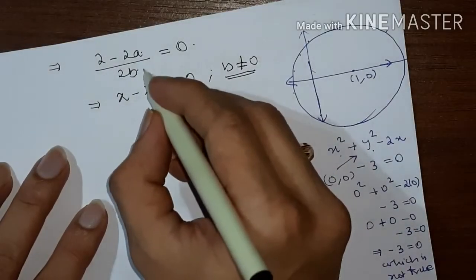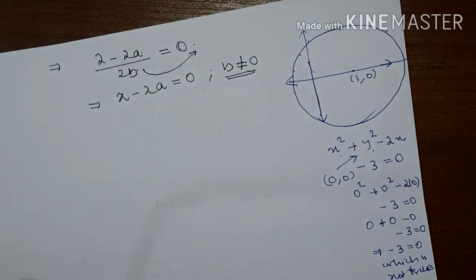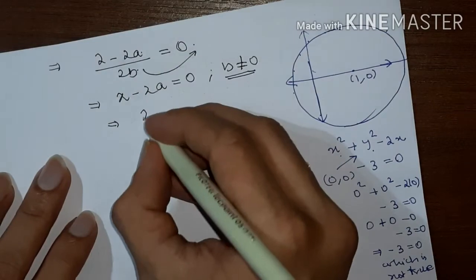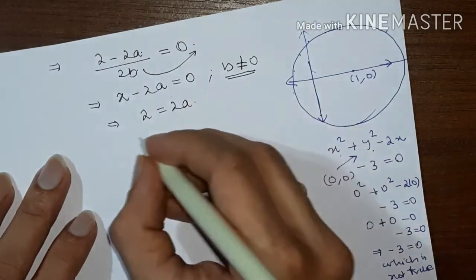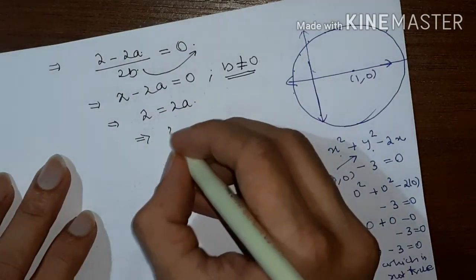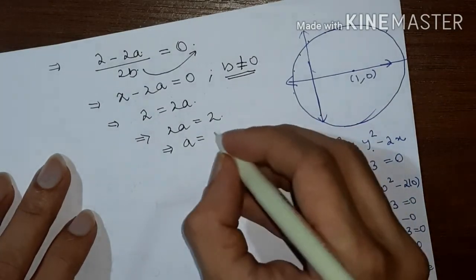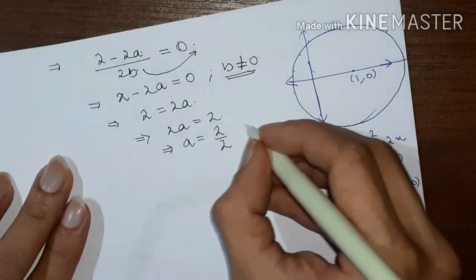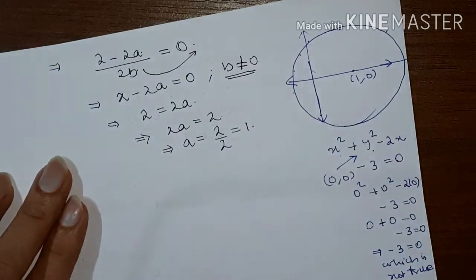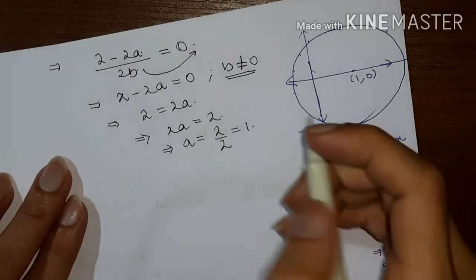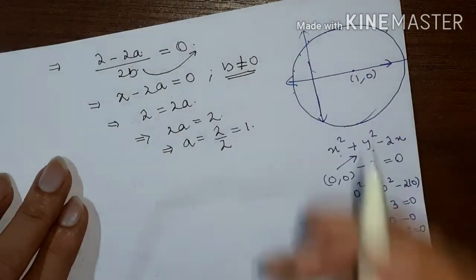So we can divide by 2b on both sides, right? So what we will get is 2 equal to 2a, right? That means 2a is equal to 2, and so a is equal to 2 divided by 2, which is 1, right? Okay,